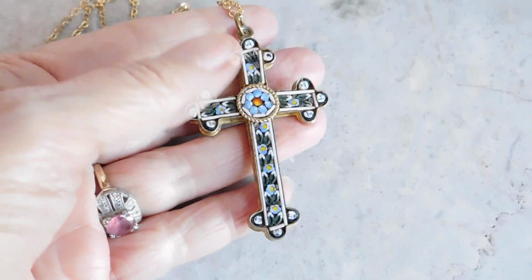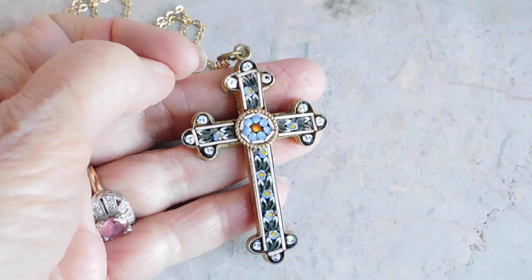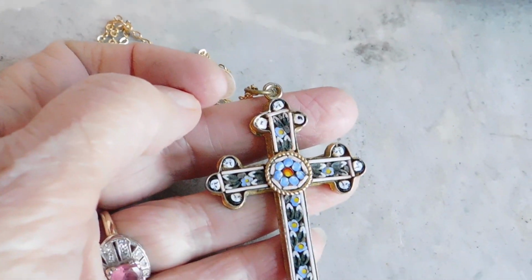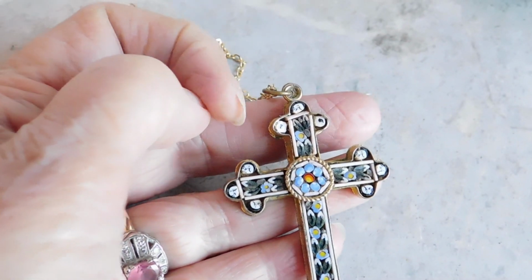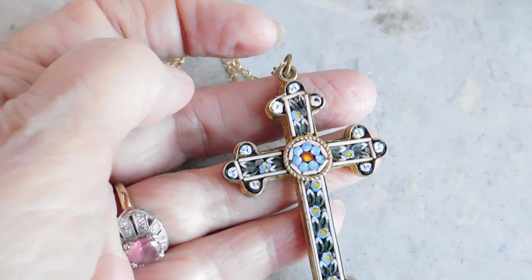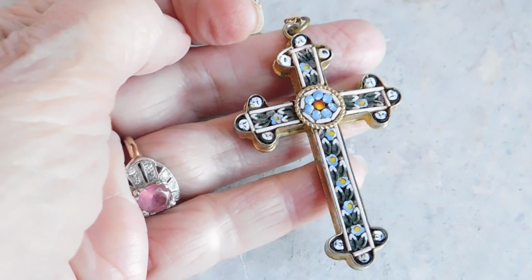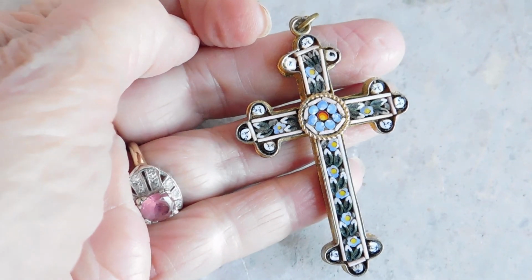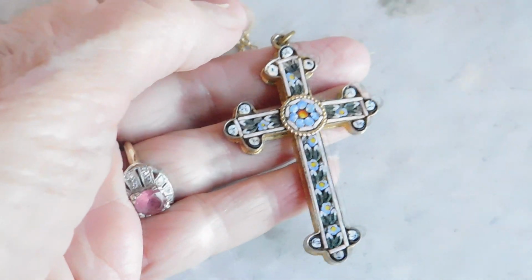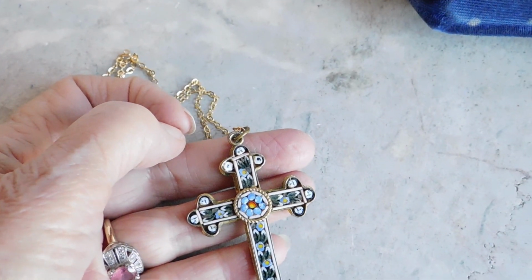And then this, you might recall if you saw the haul video that this micro mosaic was missing a couple of pieces. And so I have, oh, got a terrible hangnail there, don't look at it. I have replaced the stones, this one and the one on the other side. It's not a perfect match, but unless you know they're missing, you're not really going to notice. It's pretty good, I think. I made them from glass beads, so it looks pretty good, I think. And that micro mosaic cross, which is a necklace,